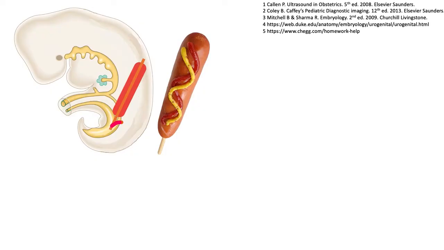Now let's recall this red structure. This red structure is called the mesonephros, with its tubules draining to a duct called the mesonephric duct, here in orange. At the inferior part of this duct,